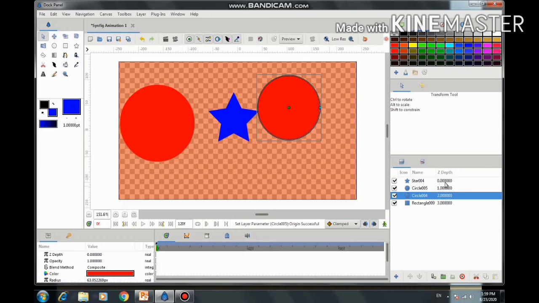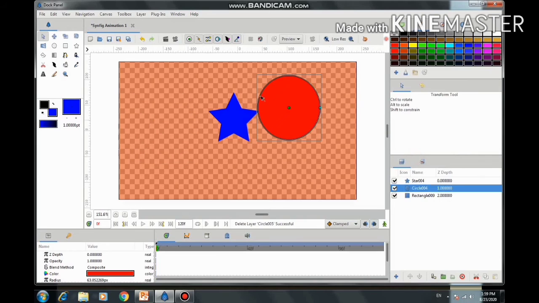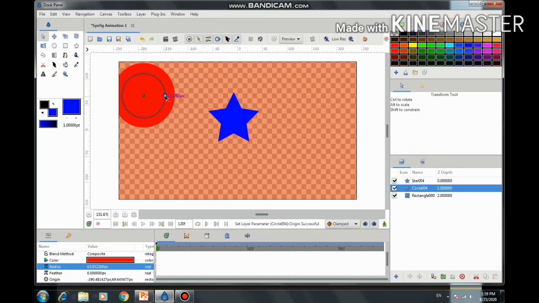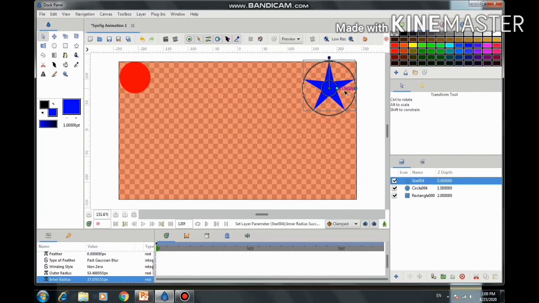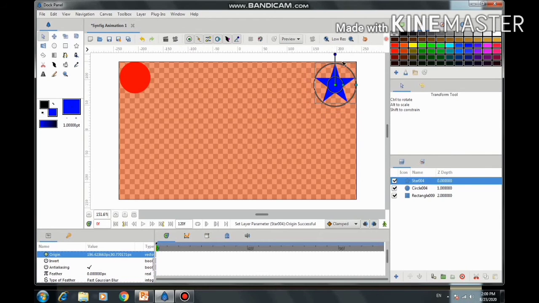Here I am removing this circle, setting this circle over here, manipulating its radius. You can see a star is created. Now here you can see that by default a star is given with only 5 angles or 5 points. This is the rotation param, so I can rotate the star this way.